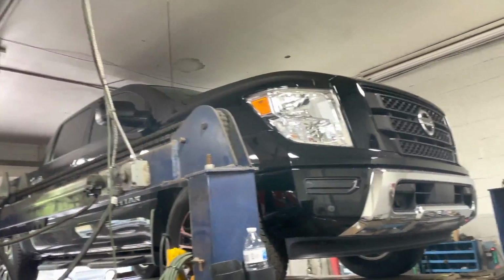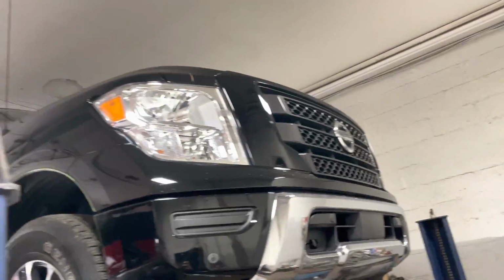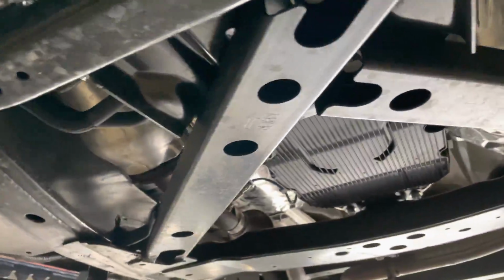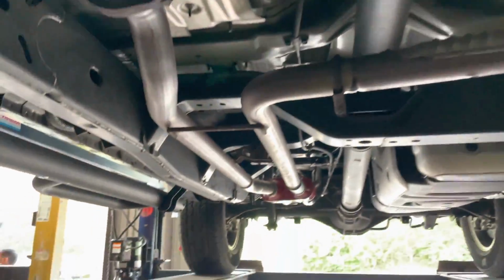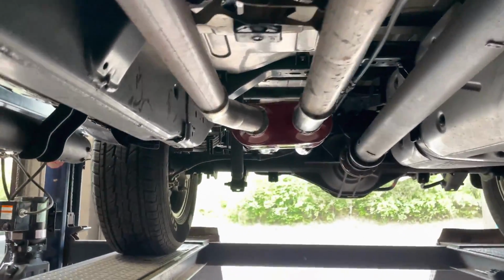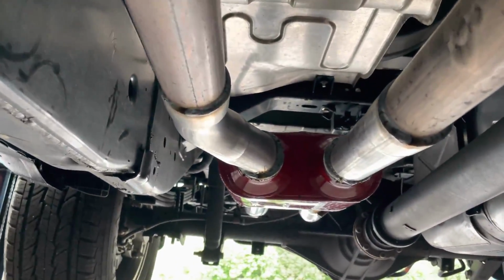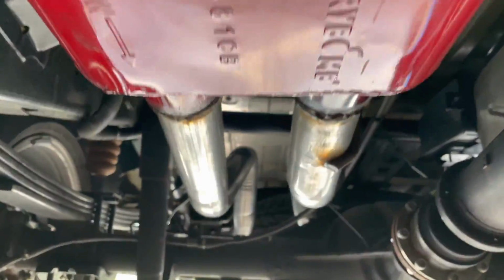2021 Nissan Titan 5.6 liter V8 blacked out edition. What we got done on it, it's got stock 4 converters, 2 here, 2 here. Then we true dualed it. It comes true dual into a factory muffler single. We just cut it off and continued the true duals all the way back